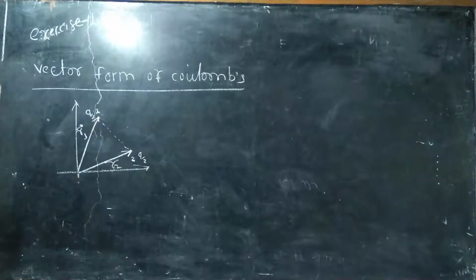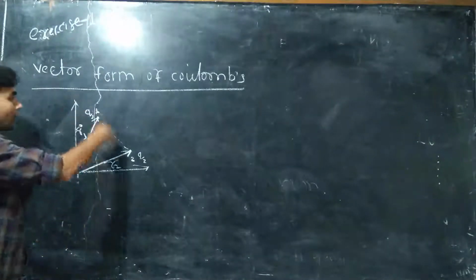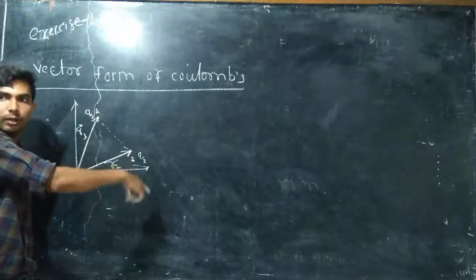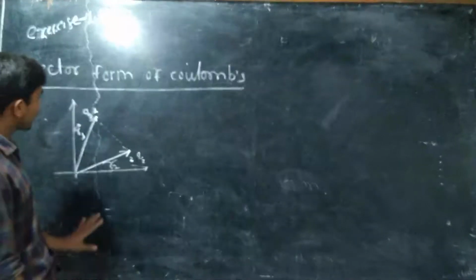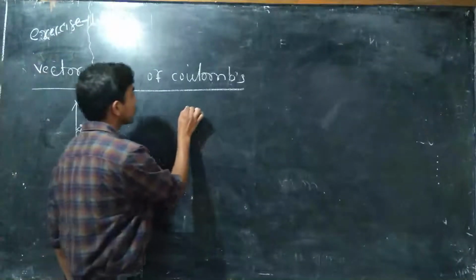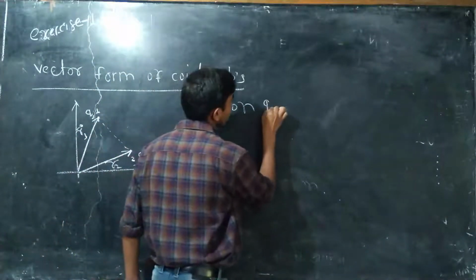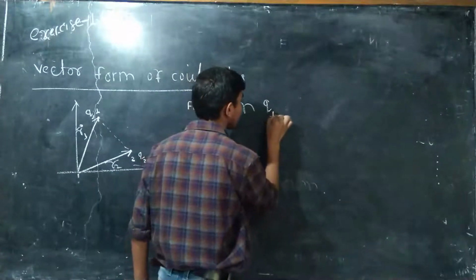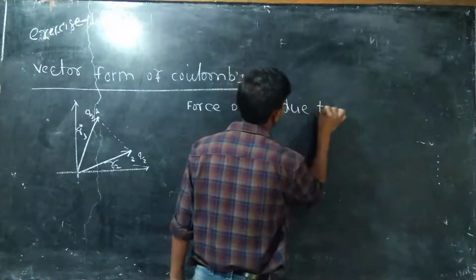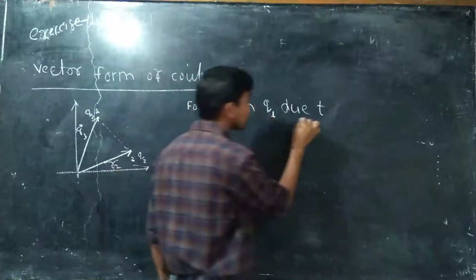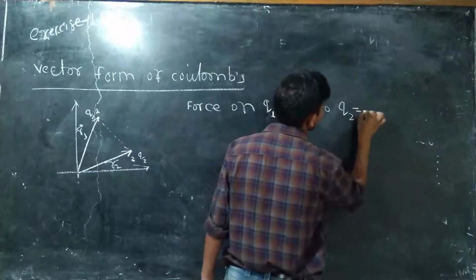And now we are going to find force in vector form, right? So as you know, force will act along the line joining the two charges, right? So force will act along this line, right? So now first I am going to find force on Q1, right? Force on Q1 due to Q2,